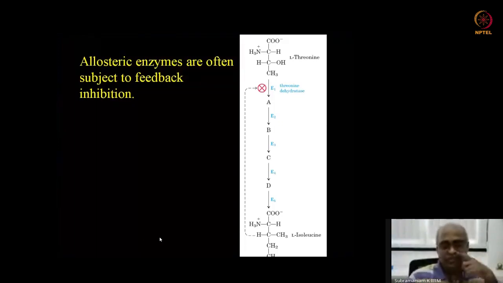So remember, metabolic pathways, we are right now studying the property of individual enzymes, but in our body, enzymes function in a series of reactions. Okay, I keep telling this, glucose getting converted to pyruvate through a series of steps. So this is what you are seeing here. This is an amino acid biosynthesis, threonine becoming isoleucine through these intermediates, and each intermediate is catalyzed by one